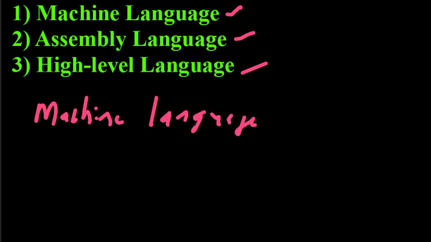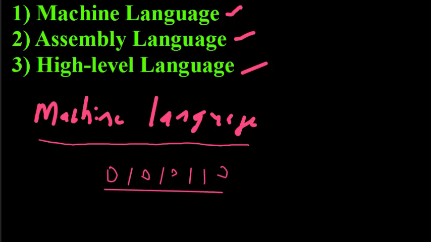This is the language which is directly understood by the system, like zeros and ones. In case we want to write any instruction or any data, we write it in terms of zeros and ones. It may be a series of 0 1 1 0 and so on, any number of zeros and ones. This is the instruction, or this can be data.